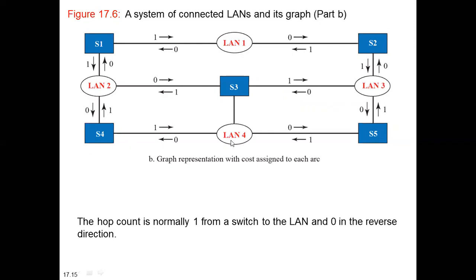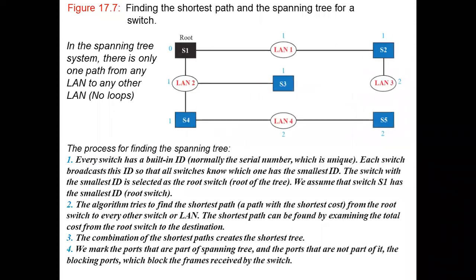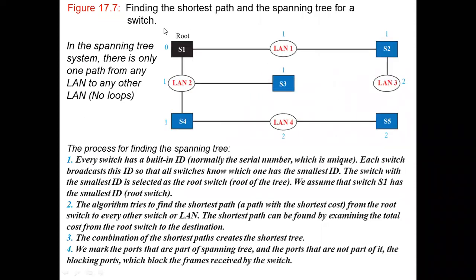Say switch 4 to LAN 4. Switch 4 to LAN 4, hop count is 1. LAN 4 to switch 4, that is opposite direction, hop count is 0. Okay, now after this, in spanning tree, the next step is, once you have written the hop count, we have the